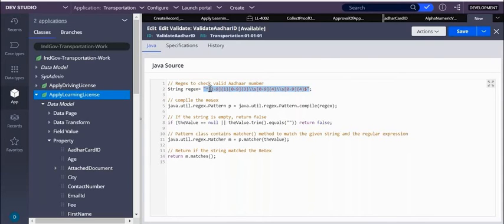In the square brackets you see 2 to 9. What do you mean by this? It means the first digit should be in the range between 2 to 9. It should not start with 0 or with 1.